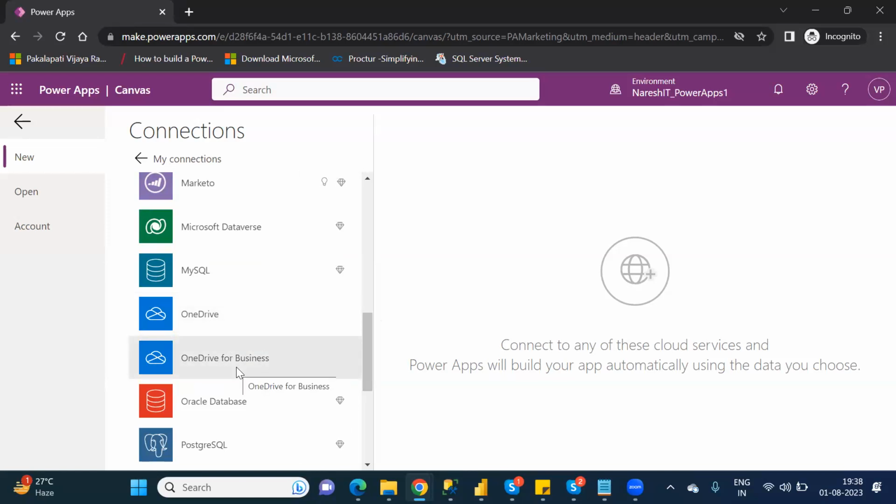If you are working in an organization, you always need to choose OneDrive for Business. If you are working on your personal laptop, or for practice purposes, then you have to choose OneDrive. You understand these differences, right? OneDrive for Business, if you are working with an organization, you have to choose OneDrive for Business. If for practice purposes, if you want to do